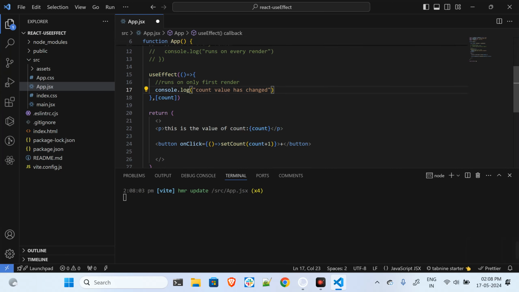You're getting this output because whenever I'm clicking on this button, this setCount is changing the counter value. Whenever this counter value changes, it is executing this particular part because this useEffect is dependent on the count, and that's why I am getting this console log. Now I can carry out some other functions also when this counter changes. So instead of giving the console log, I can